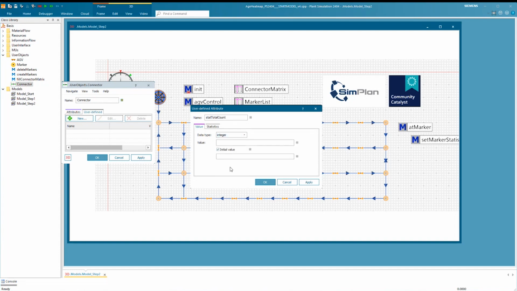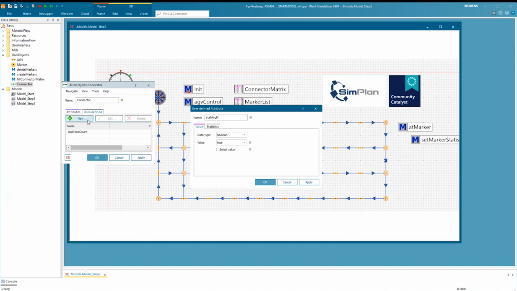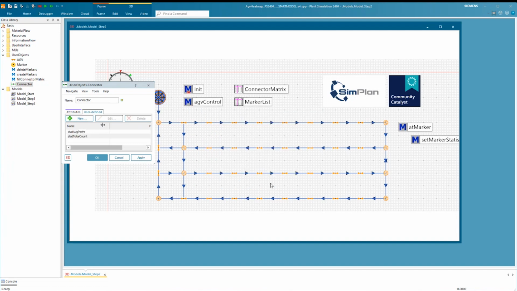The first attributes will be the same as for the marker, stat average per hour is real, and again initial value. And here I also want to collect the time that the AGVs spend on a connector. They are not traveling on the connector, and they are also not really located on the markers.